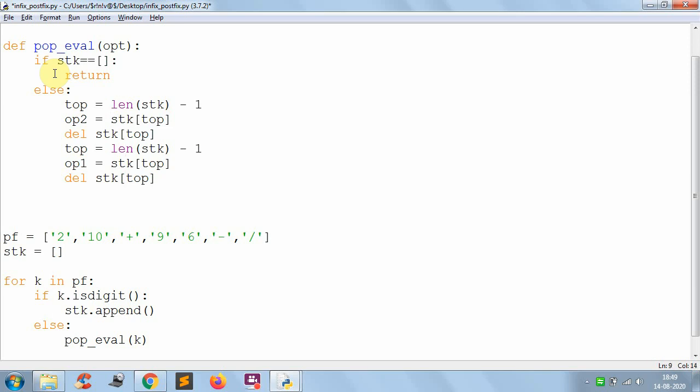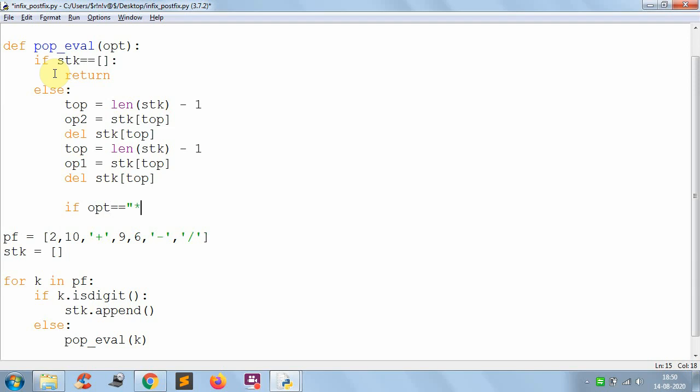Suppose the input is in string format, so that's why I convert it into integers. Or else, instead of doing it like this, you can directly give the numbers, because in a list there are no such restrictions for keeping these things. If there is an error, we'll see again. Now you have to check what the input operator is.